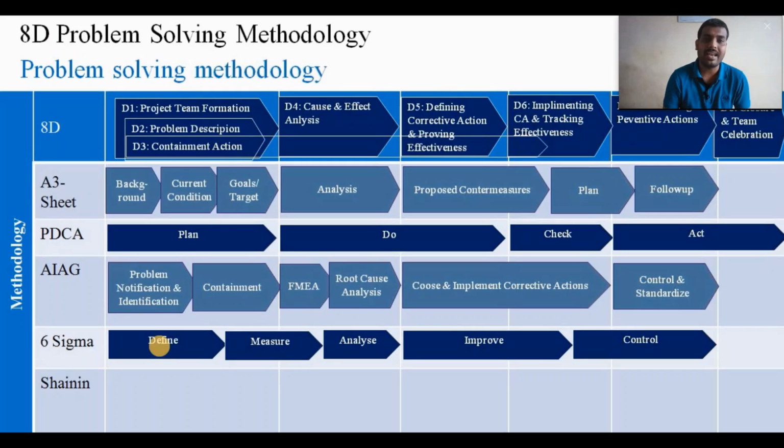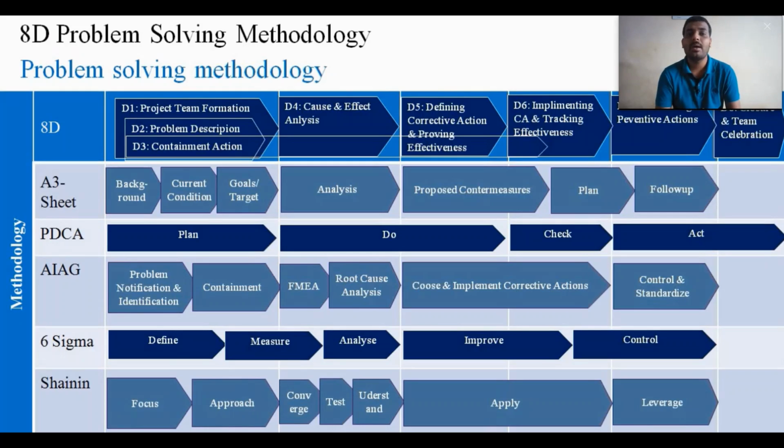This Shainin methodology is established by Dr. Dorian Shainin, and it uses an investigative strategy for identifying the root cause from the contrast of BOB and WOW parts. That is, best of best is called BOB and worst of worst is called WOW. This Shainin methodology is a factual approach which depends on the facts only.